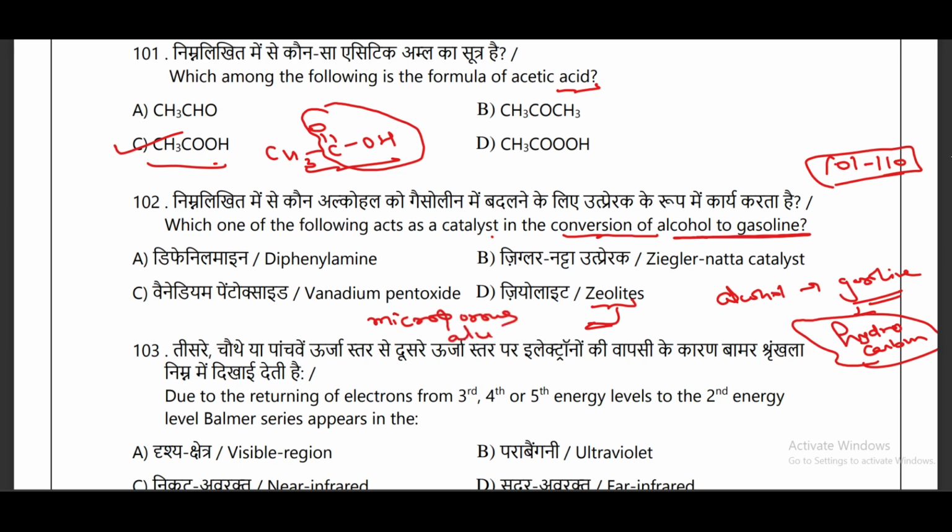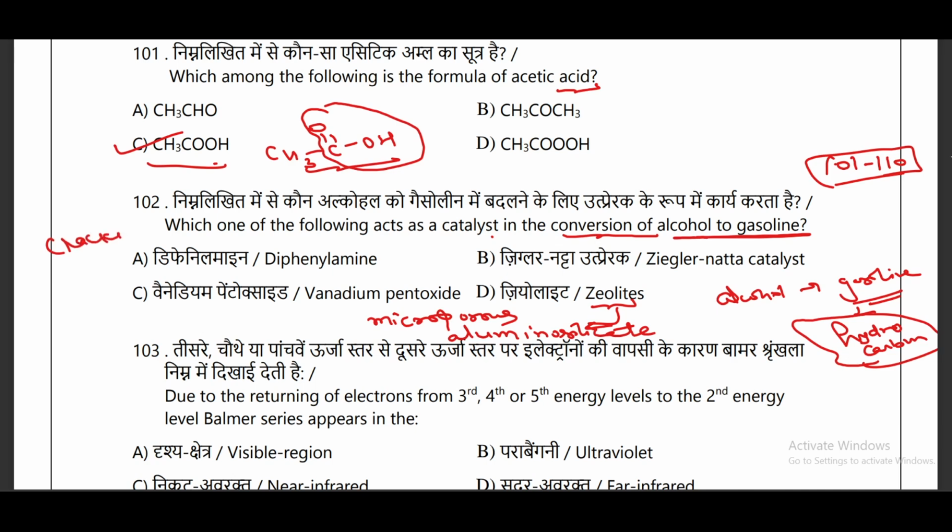These are used as a catalyst in the chemical industry, mainly involved in the conversion of alcohols to hydrocarbons, and gasoline is also a hydrocarbon. This conversion actually occurs through different steps, processes like